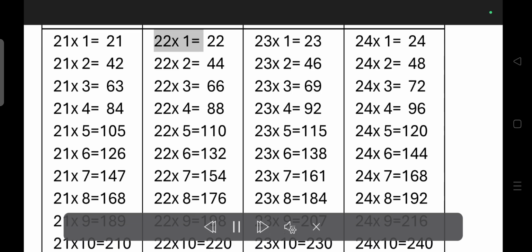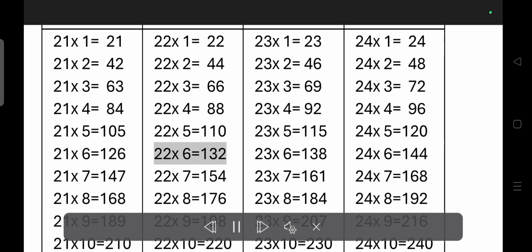210. 22 times 1 is equal to 22. 22 times 2 is equal to 44. 22 times 3 is equal to 66. 22 times 4 is equal to 88. 22 times 5 is equal to